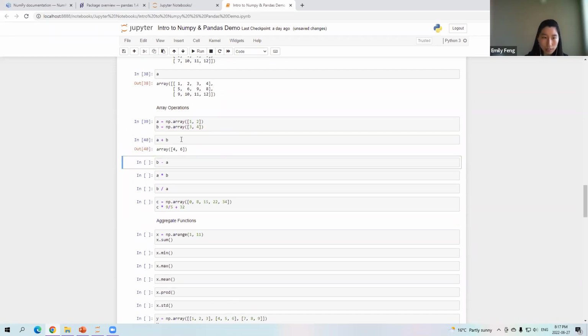What do I mean by that? Let's just see. So here, A plus B, oh yeah, you should do these operations on same-sized arrays. It doesn't really work if you try to do it on arrays that don't match in size or dimension. So here, A plus B becomes 4, 6. It just element-wise adds up the two arrays. So here it's 1 plus 3, and then 2 plus 4. And it gives us back an array